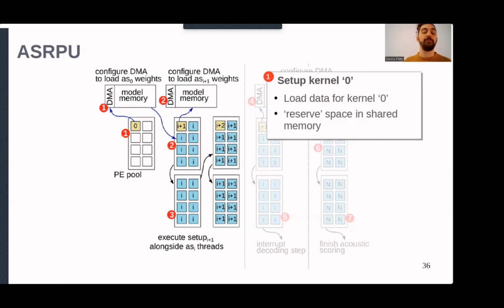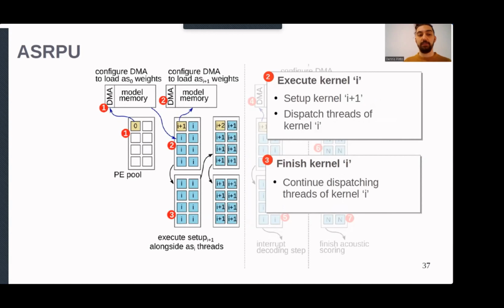This kernel will usually perform feature extraction, as we saw earlier, but that is not known by the accelerator, which treats all the kernels in the same way. This setup thread will generally load the signal data, as well as any model data, from external memory into the model memory. To do so, the setup code has access to the DMA unit associated with the model memory. Once the execution of the setup thread finishes, the ASR controller starts the execution of the first kernel by launching the required number of threads.